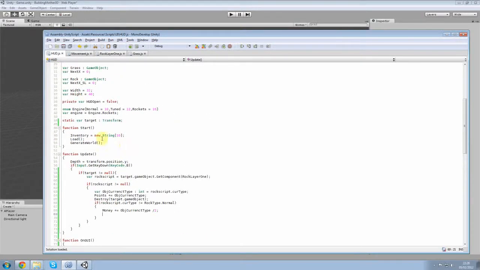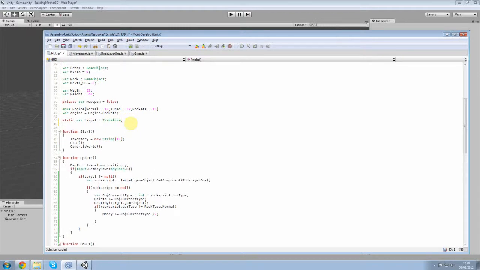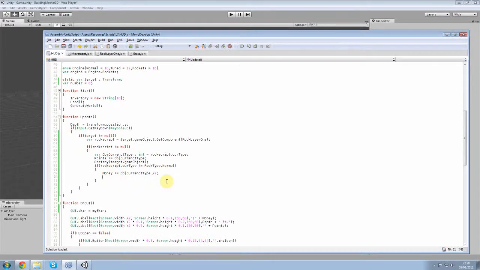Once you've done that, under target, create a new variable called number and set that to 0. And now what we're going to do is say if